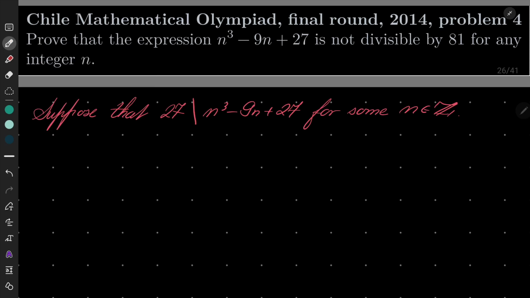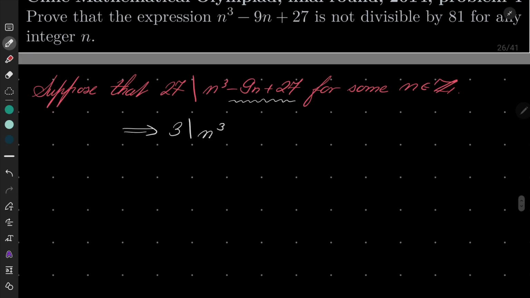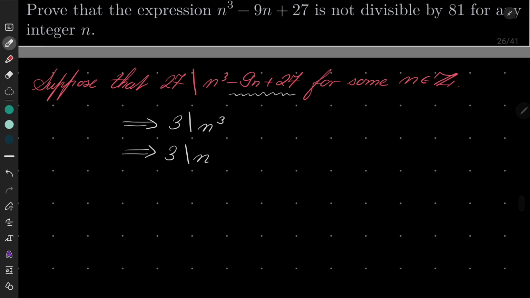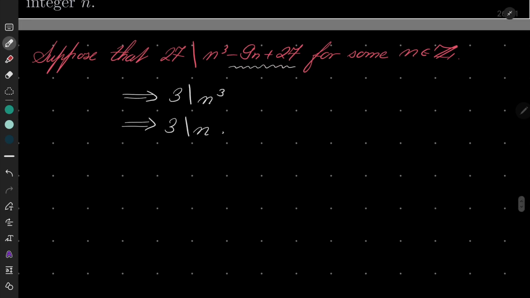We see that this part is obviously divisible by 3. So n cubed must be also divisible by 3. So 3 divides n cubed. Well, but 3 is a prime number, and we know that a prime divides some power of an integer if and only if it divides this integer as well. So 3 divides n, which means n equals 3 times k for some